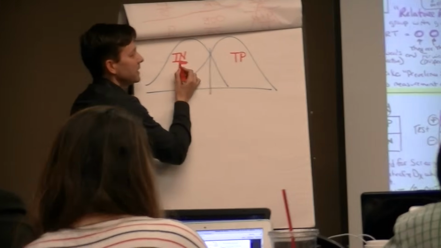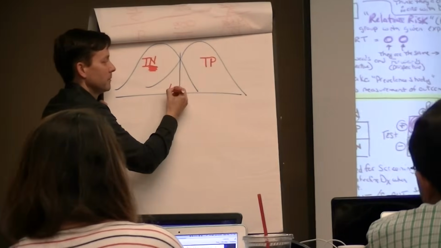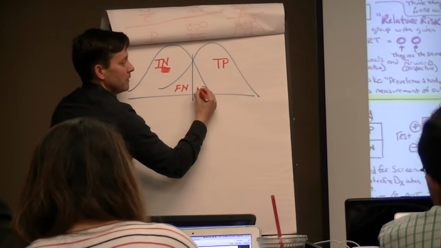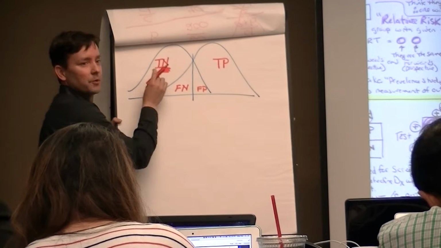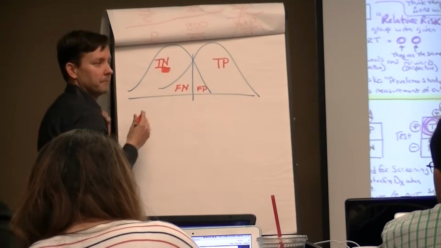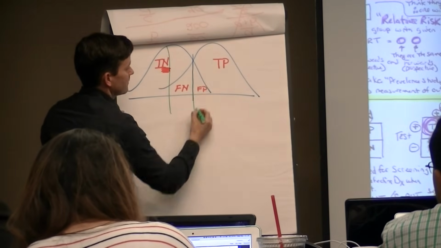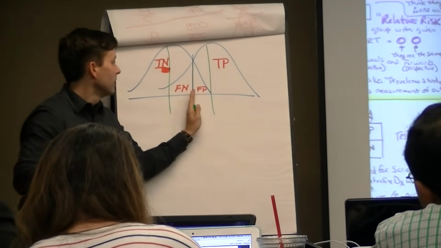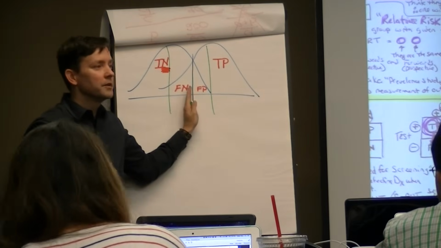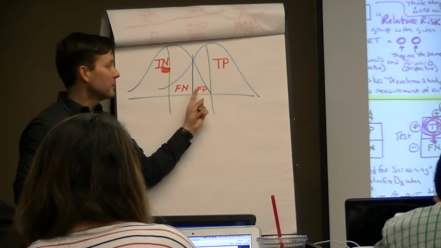Here's how you remember. Everybody keeps their last name. You're on this side, you keep your last name, so it's a false negative. If you're on that side, you keep your last name, you're a false positive. That's the hardest part of this right there. Just remember, they keep their name. So, here's those lines again. All you have to do is move it this way or that way. I'm either going to smash the false positive or I'm going to smash